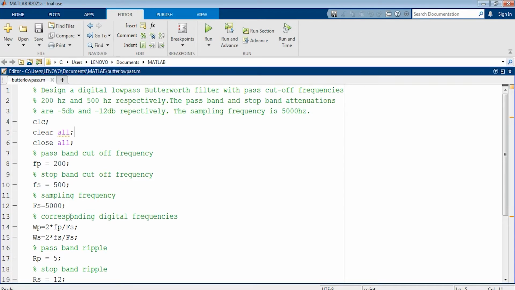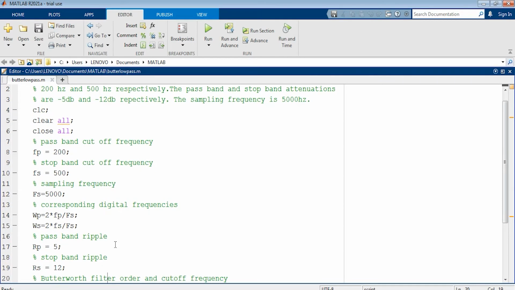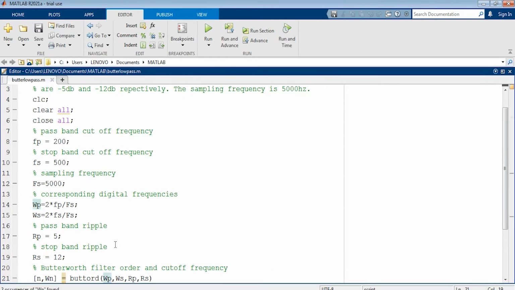Next, what are you doing? I am converting the analog frequencies into digital frequencies. What is the formula? 2 into fp by Fs. There is no writing of 2 pi fp by Fs, because the inbuilt command buttord or butter will take the frequencies in radians only. So don't write here 2 pi fp by Fs.